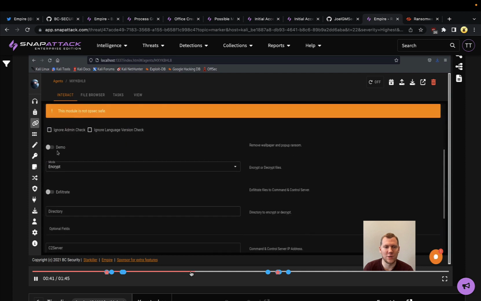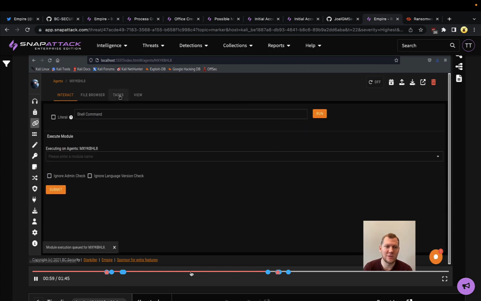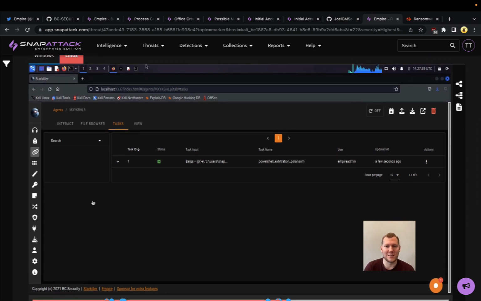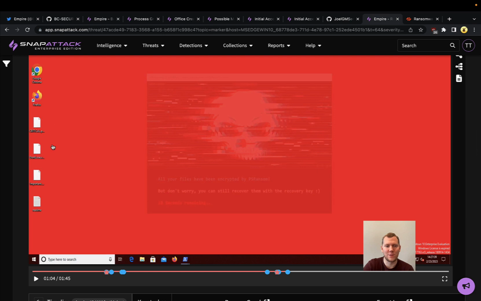So this is PowerShell exfiltration PSRansom. There are different command line properties that we can change. What files do we want to encrypt? We want to do the ones on the desktop, and the C2 server we want to call back to. Interestingly, this project also allows you to specify the file extension. That's a really good way to test and see how your antivirus or other tools are doing, because a lot of times you'll see them behave differently with known file extensions, like WannaCry ransomware, whereas this PSRansom uses PSR